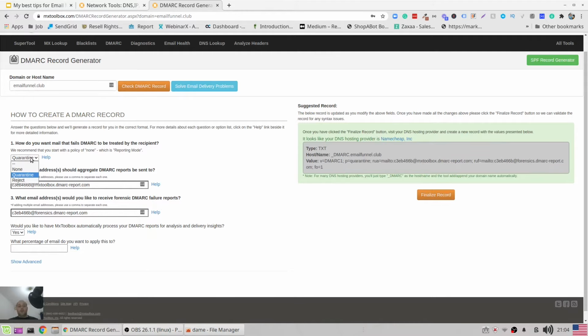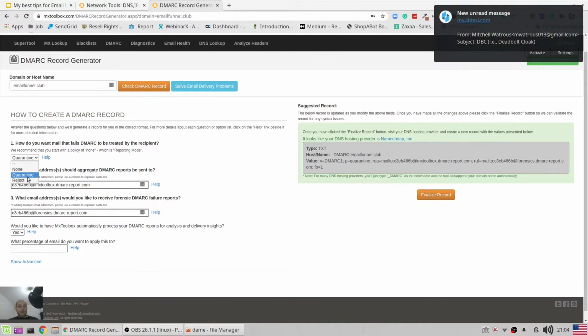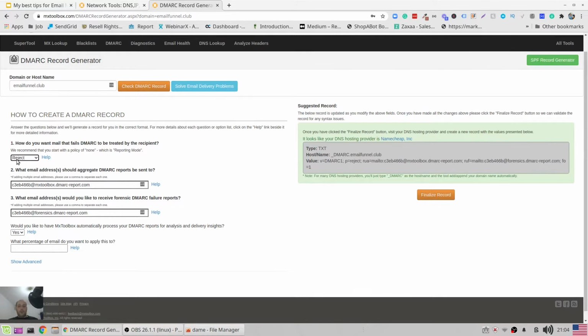Or if you want to go a step further, set up reject. So this way, every email that doesn't pass with the SPF and DKIM will eventually bounce. So that's something that you should also be very careful of, because if the SPF and DKIM are not set technically, then you might be in trouble if you have the DMARC